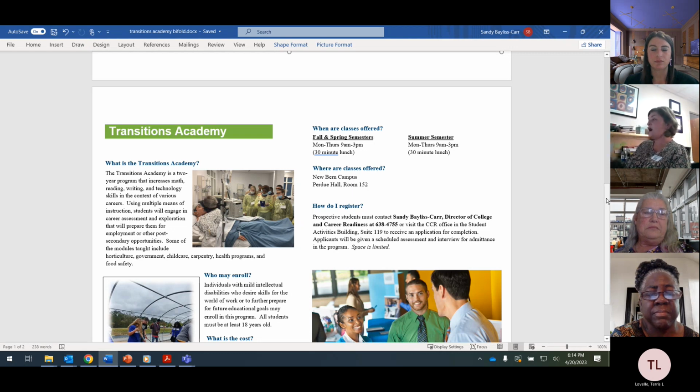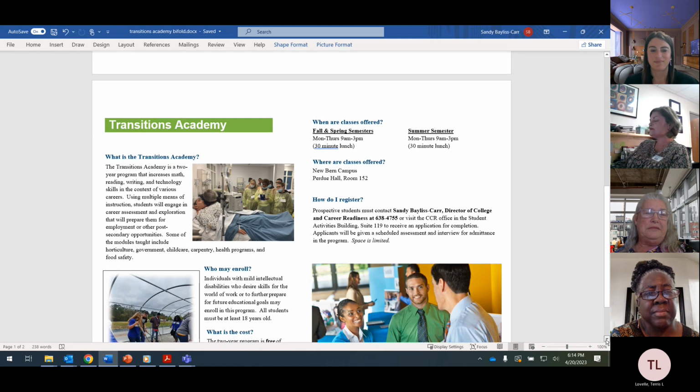And it's really neat because all of them go to the Founders Day ball, and they love it. It's almost like they treat it like a second prom. It's really neat. So again, they are well known on campus. Most of the staff know who they are. Some of the faculty are in the buildings, but they know them, and they have a great relationship with them, so they feel very welcomed here.